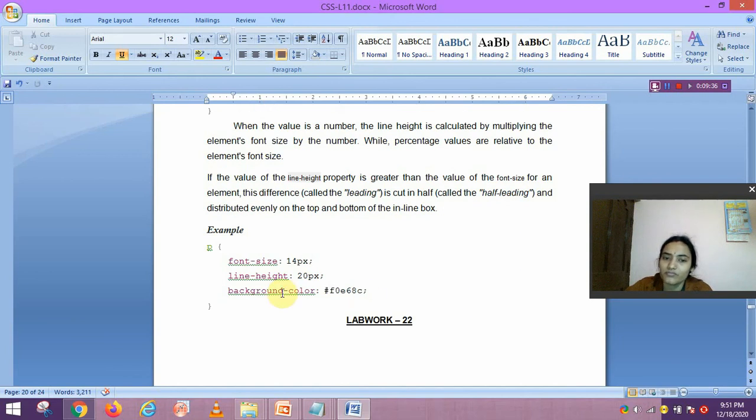So we can set the line height, and see how the line heights are displayed. Here it is mentioned: paragraph font size equal to 14 pixels, line height equal to 20 pixels, background color equal to this one.